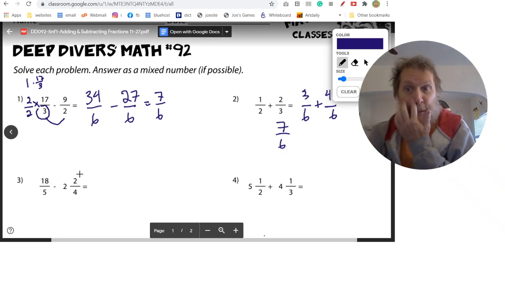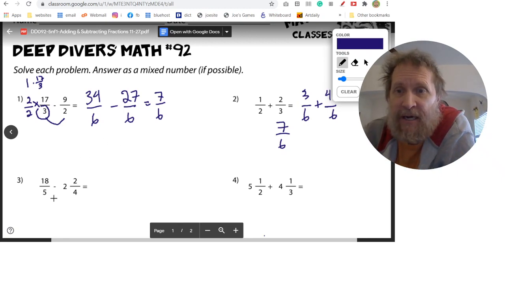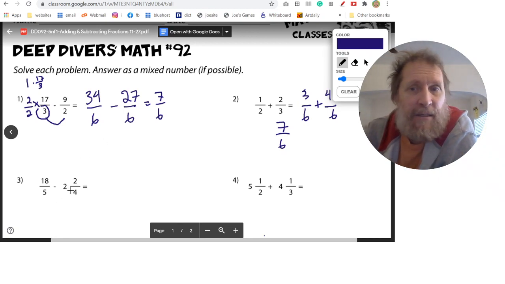Let's look at this one down here, because it involves a mixed number. And what I want you to remember about a mixed number is you start at the bottom, you multiply the denominator times the whole number, and then add it to the numerator. 4 times 2 plus 2. So we can rewrite this as 18 fifths minus 4 times 2 is 8, plus 2 is 10, 10